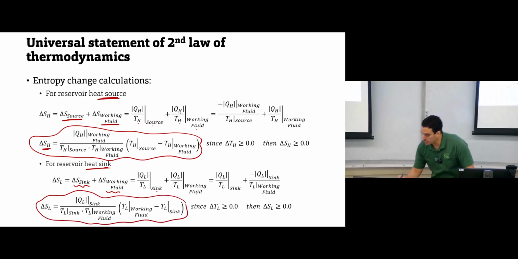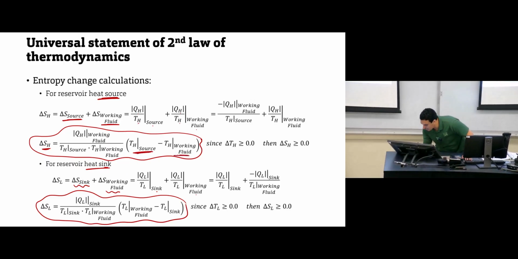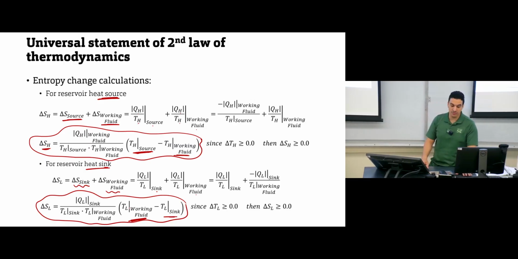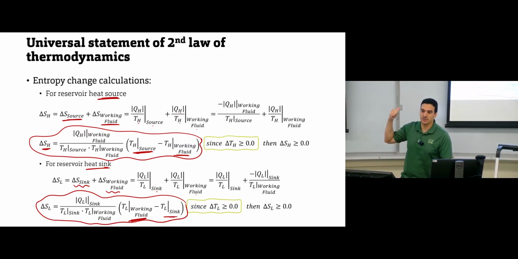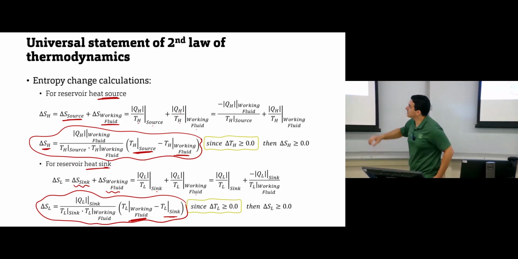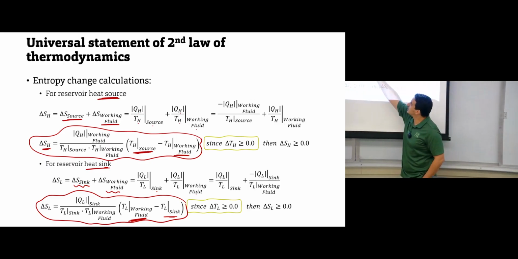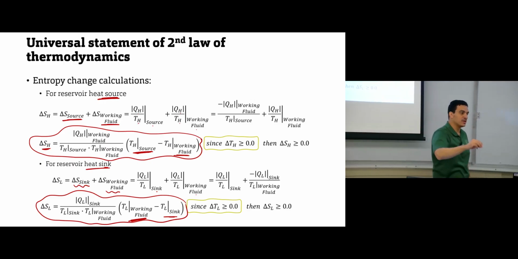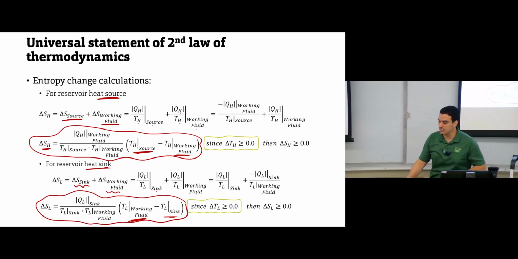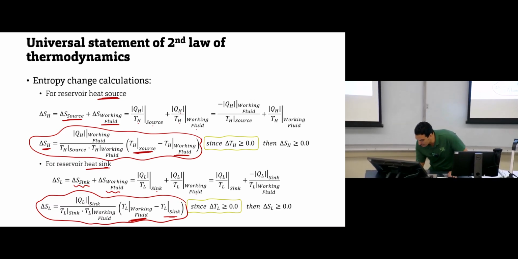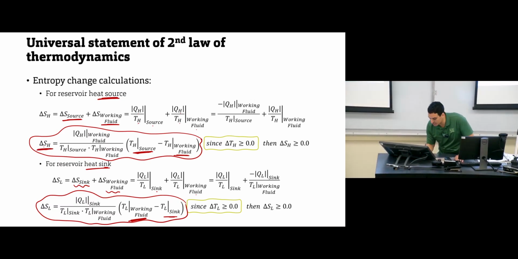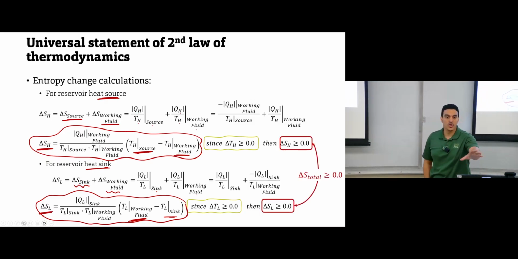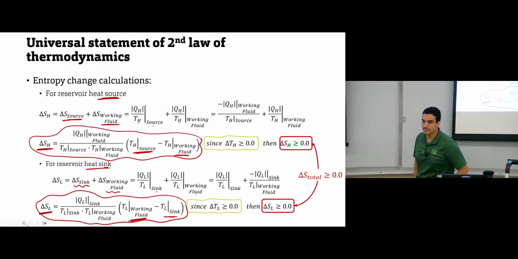So in this equation, you will see the temperature of the source minus the temperature of the working fluid. Here you will see the temperature of the working fluid minus the temperature of the sink. These are the delta T we presented in the previous slide. And in the previous slide we said, can this delta T, either at the source or at the sink, be negative? No, it's always positive. In the special case, it will be equal to zero. So based on this observation, we can say the entropy change for the reservoir, or the entropy change for the sink, will also be positive, or in the reversible state, it will be zero.